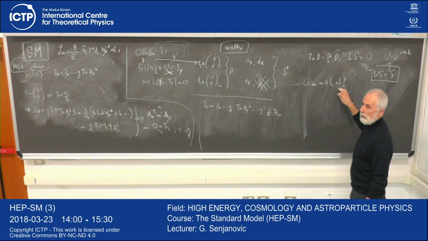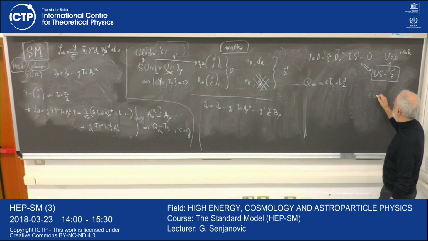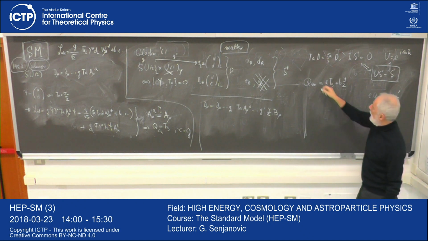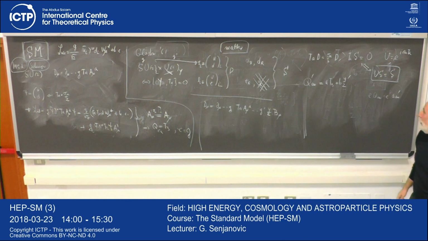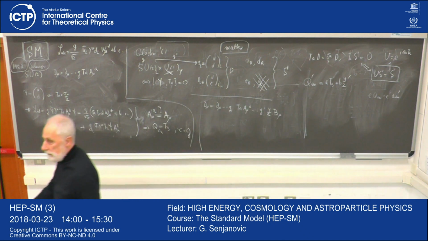This looks a little clumsy, but remember when you write the electromagnetic interaction, what you have is e Q electromagnetic. This is not predicted by anything, this is a number that you measure. You can always call this e prime. T3 is fixed by commutation relations. T3 I cannot